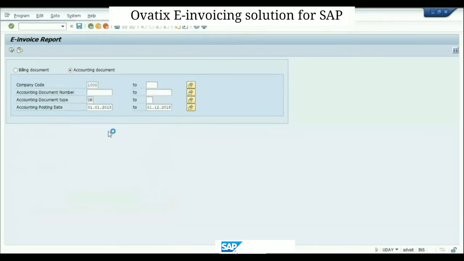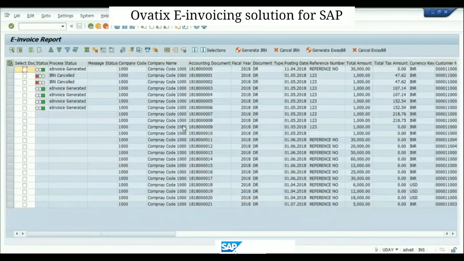FI data, execute, yeah. So this will also have a similar cockpit. Here also you will get display data. This is our test system, so the display data button is not there, but here also you will get display data. There is status, process, accounting document details. All these columns will be the same, and instead of sales data, now here you will have the accounting document details: accounting document number, document type, DR, DG, whatever document type you use, and the rest of the details.